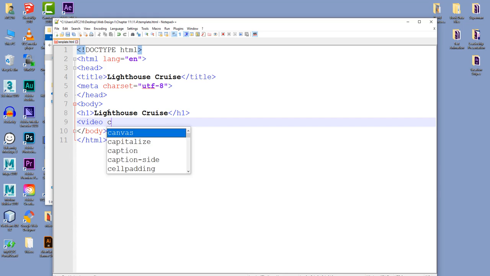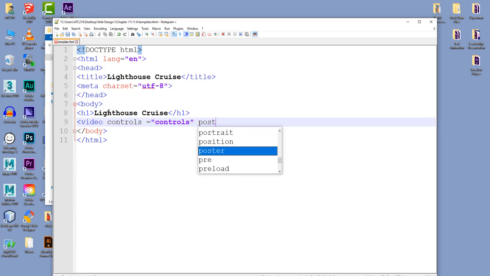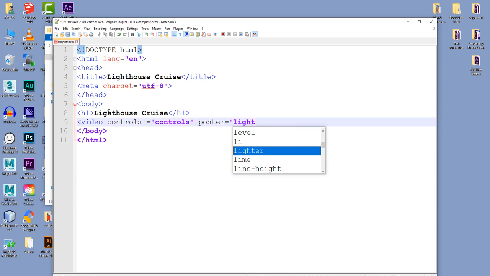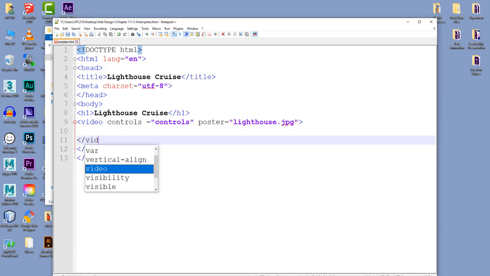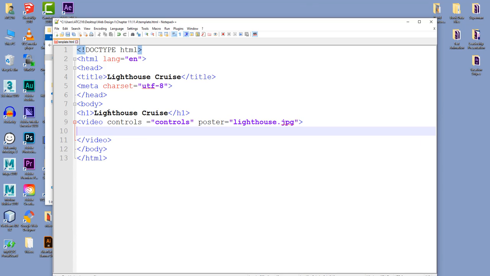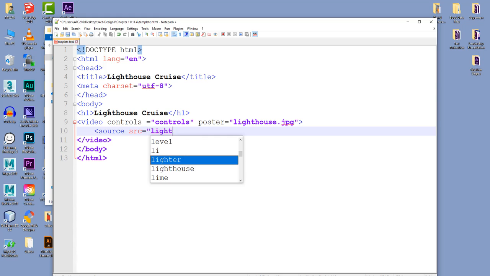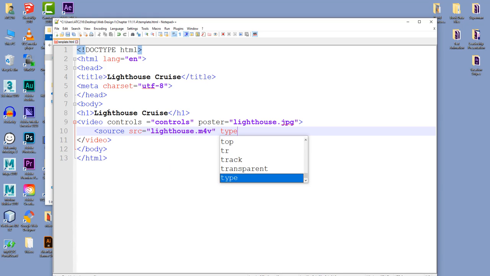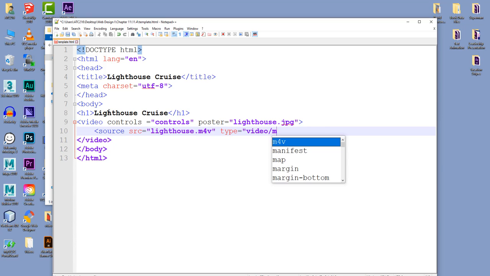So video controls equals controls poster equals lighthouse.jpg. Just like our audio, video has an end. And then we're going to go source src equals lighthouse.m4v, type equals video/mp4,